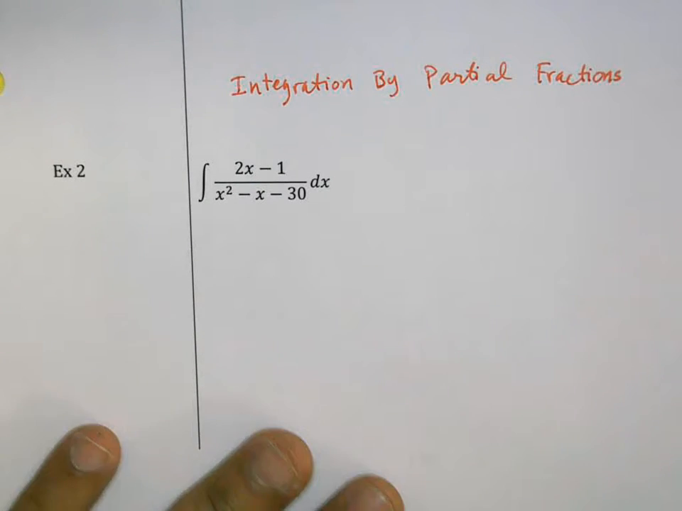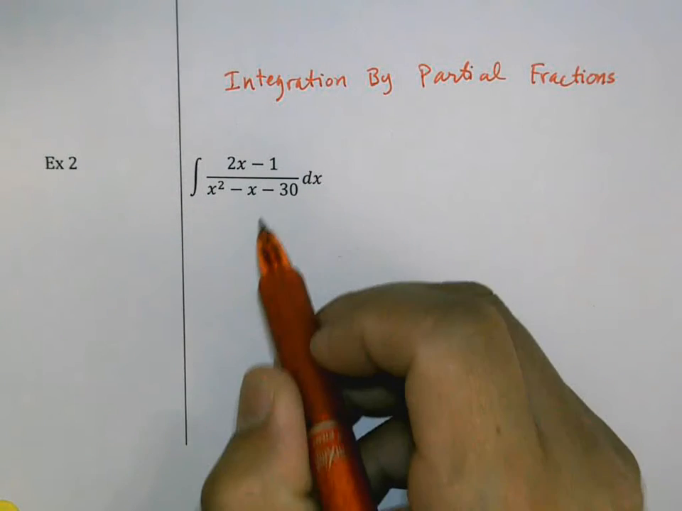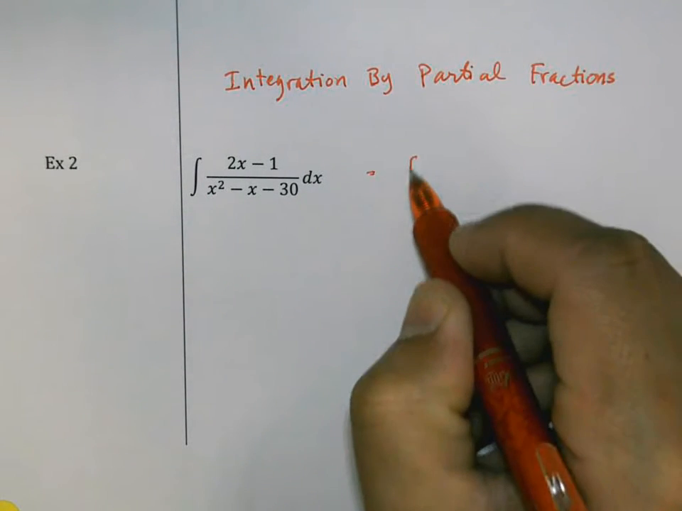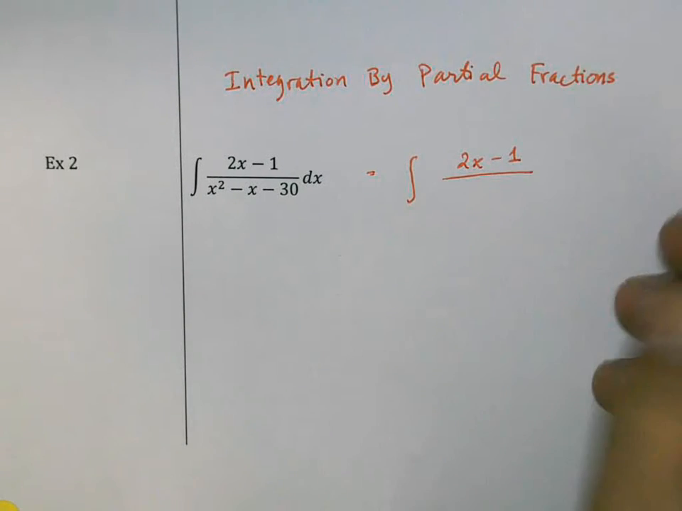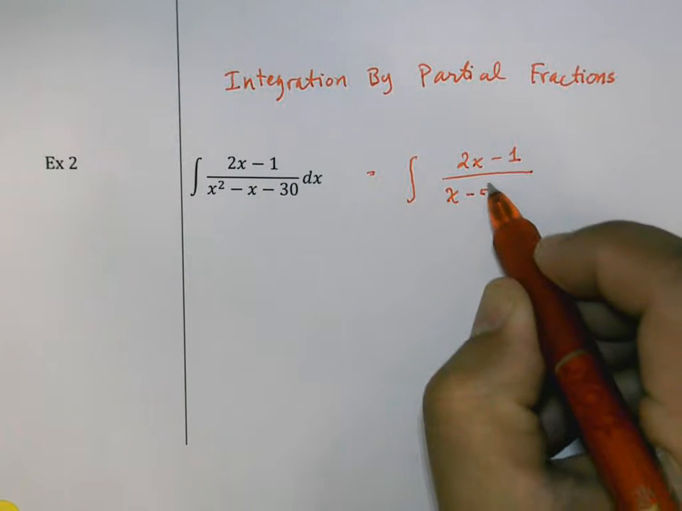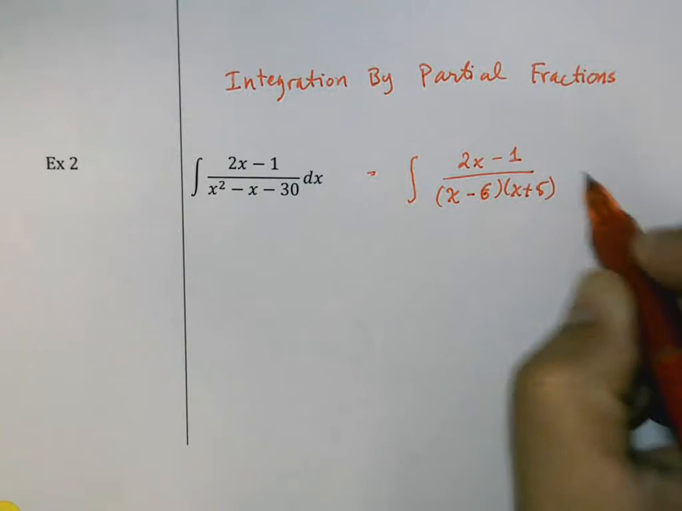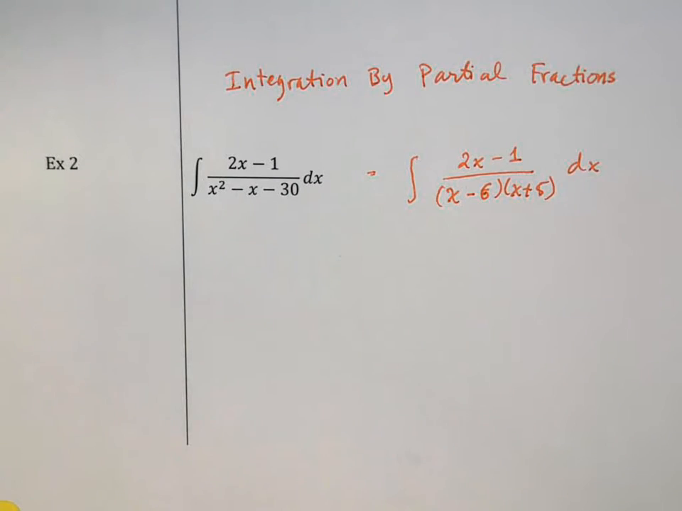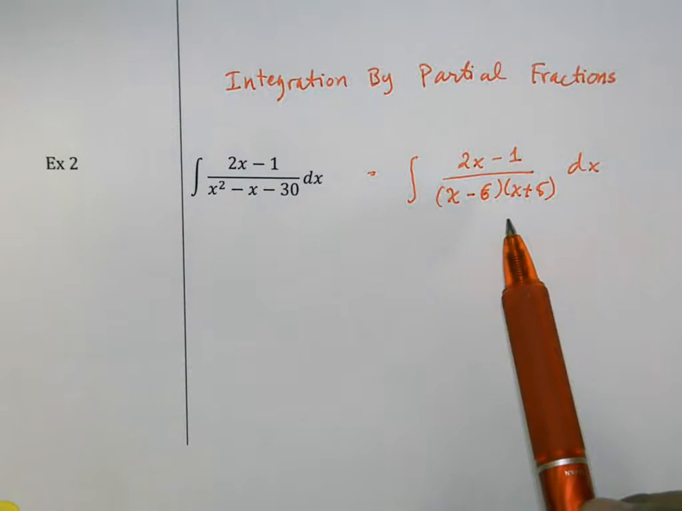One of the first things that we should look at when we approach this problem is the denominator here. It turns out that this denominator can be factored into (x minus 6) times (x plus 5) dx. Now many people who look at this problem will try to do this by integration by parts,